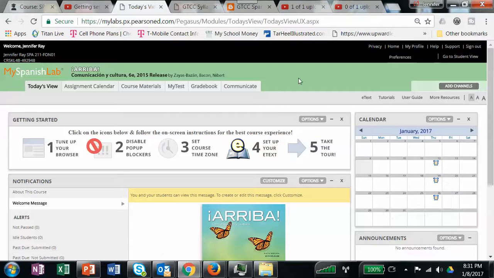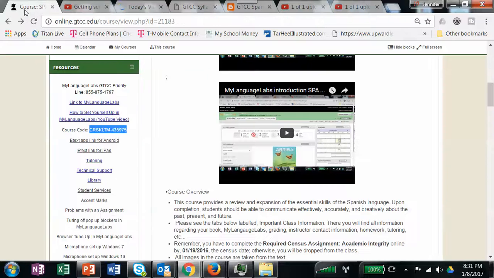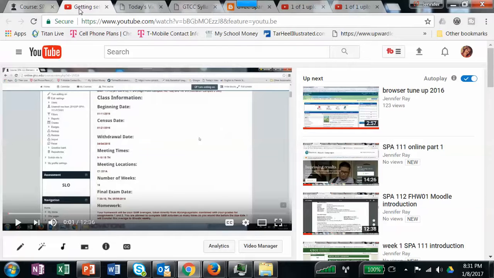once you've gotten yourself set up, go out to my language labs and log in, and this is what you should see. Actually, I'm going to go to the student view. And so over here, I already showed you that this is the priority line. When you're in